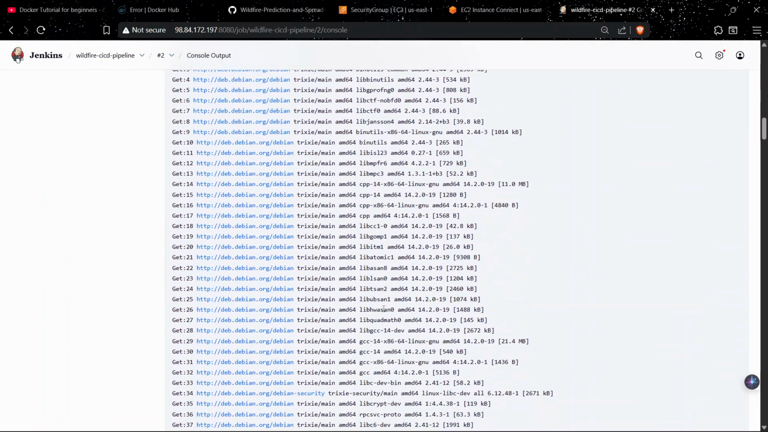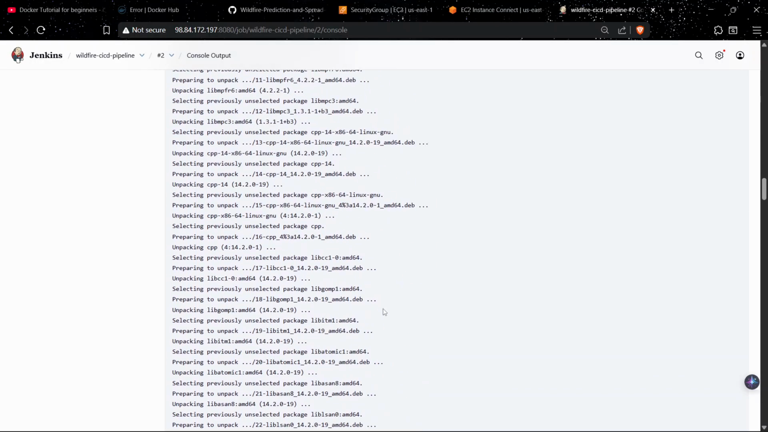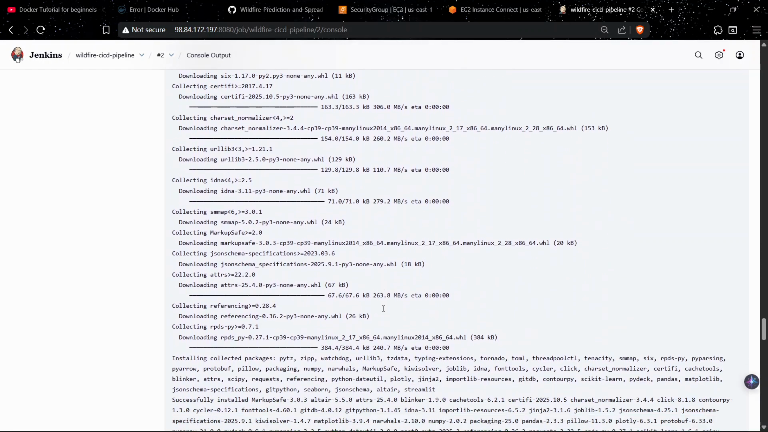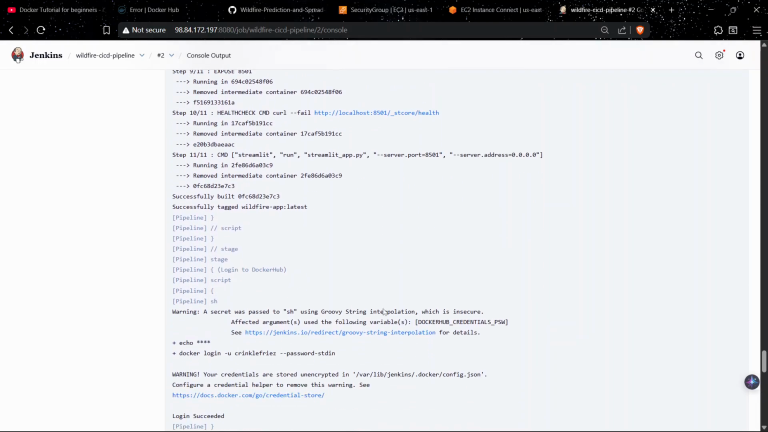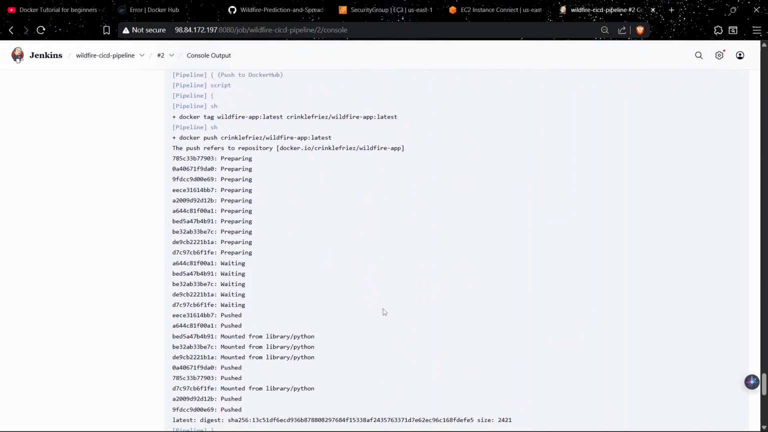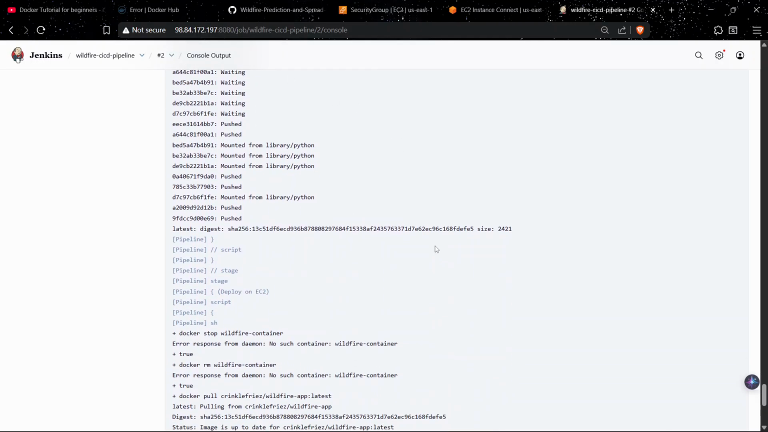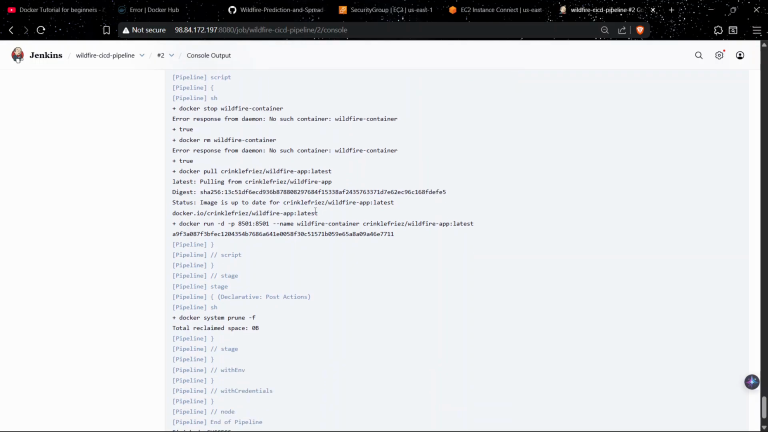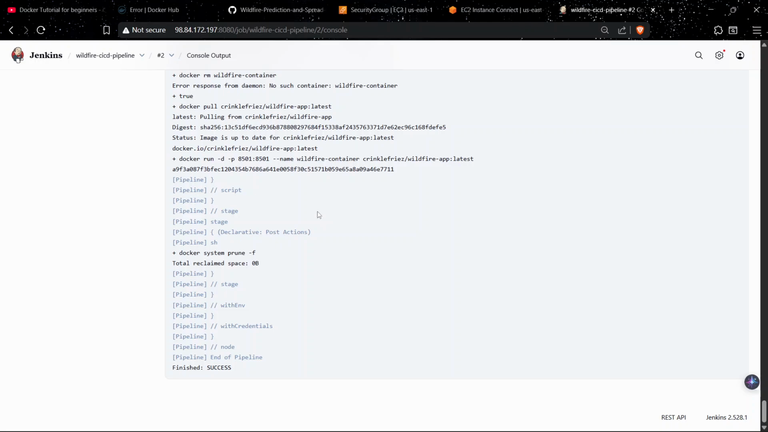Yeah, you can see the code here. It's collecting information, and then it's using Docker. It created an image. This is my username, crinkle fries, and the latest one is fetched. You can see that, and the finished success one gives you the output. After the build is done,